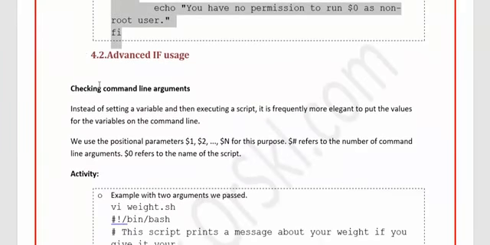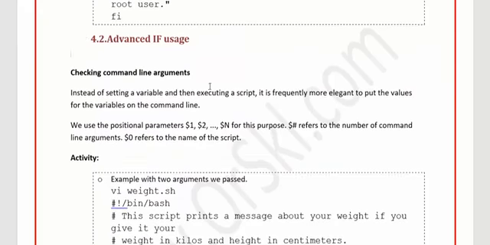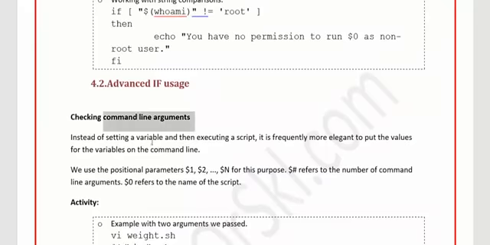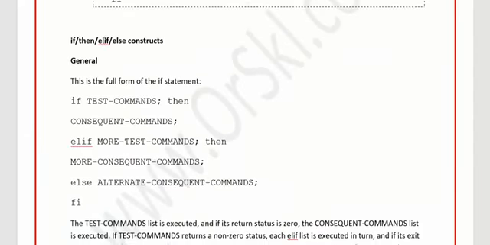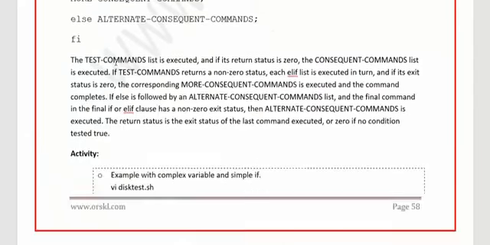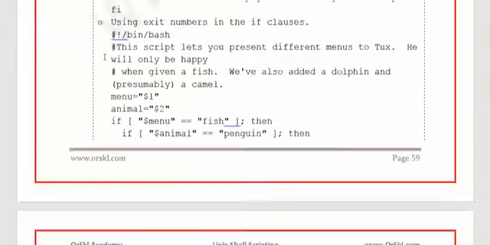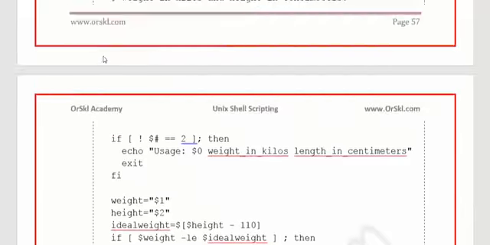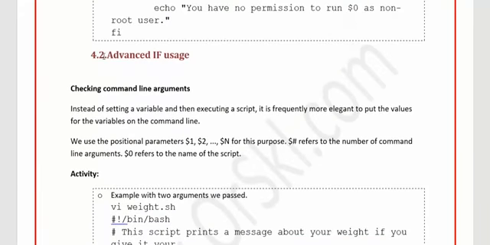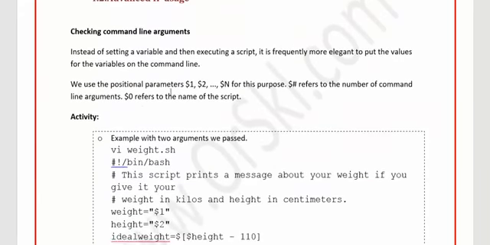And in the next one, we are going to see how we use this if clause in an advanced way. When I say advanced, I mean taking user input, command line arguments, and also using else if. So how do we use else if, and what are the different examples to show you else if? This is what we are going to see. So let me show you first of all how we make use of command line arguments to be passed.